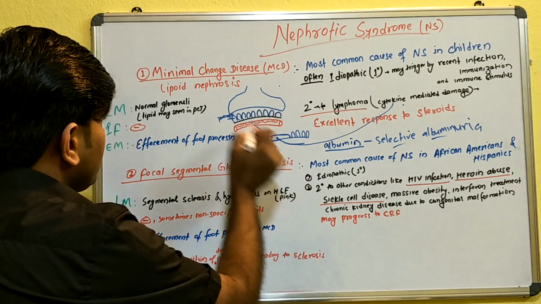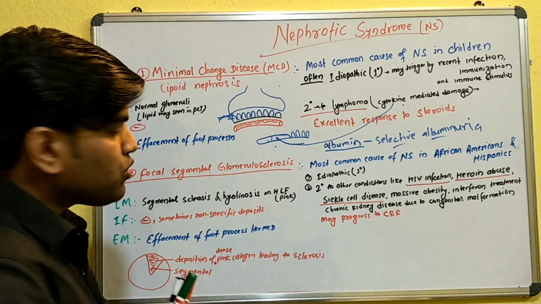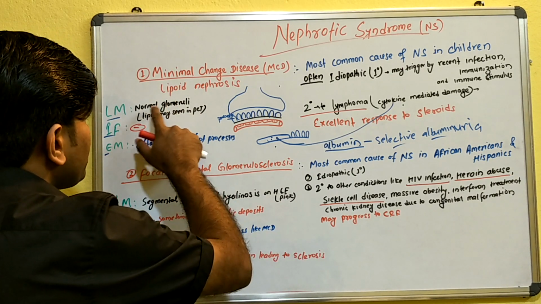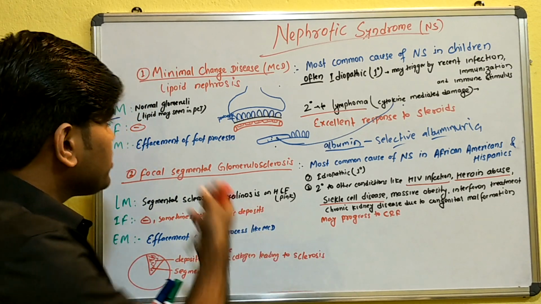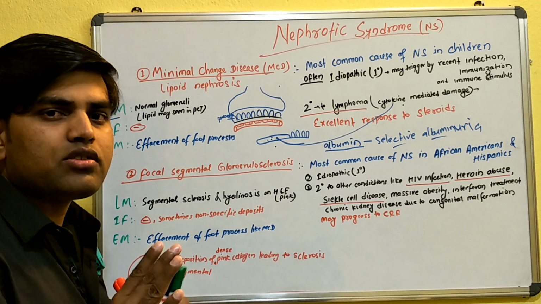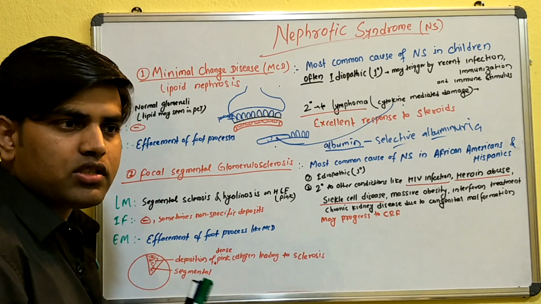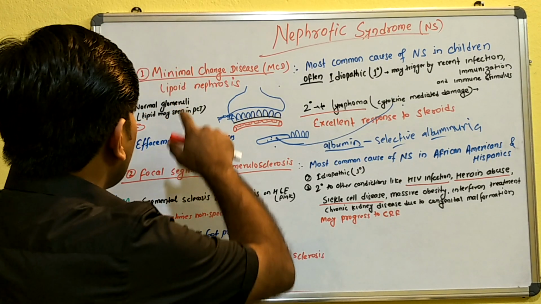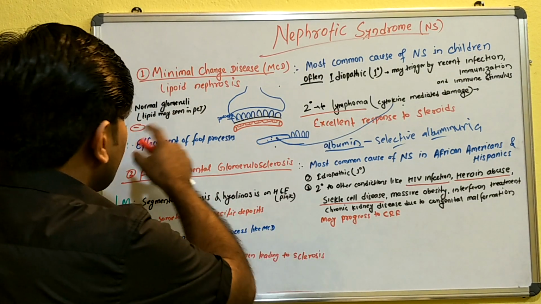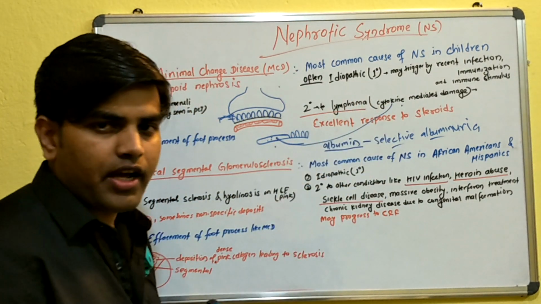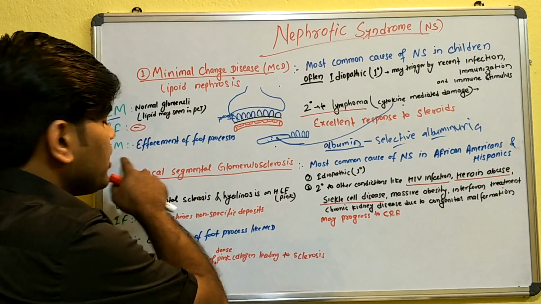After understanding this, we can differentiate on light microscope, immunofluorescence and electron microscope. On light microscope there will be a normal glomerulus, since it is minimal change disease, meaning minimal change in the glomeruli. So if you examine on light microscope, it appears normal. Sometimes you may see lipid in the proximal convoluted tubule cell, but that is not important. The light microscope finding will be normal glomeruli. Since there is no immune complex deposition, it is only cytokine mediated damage, so immunofluorescence will also be negative. But when we go to higher magnification, that is millions of times